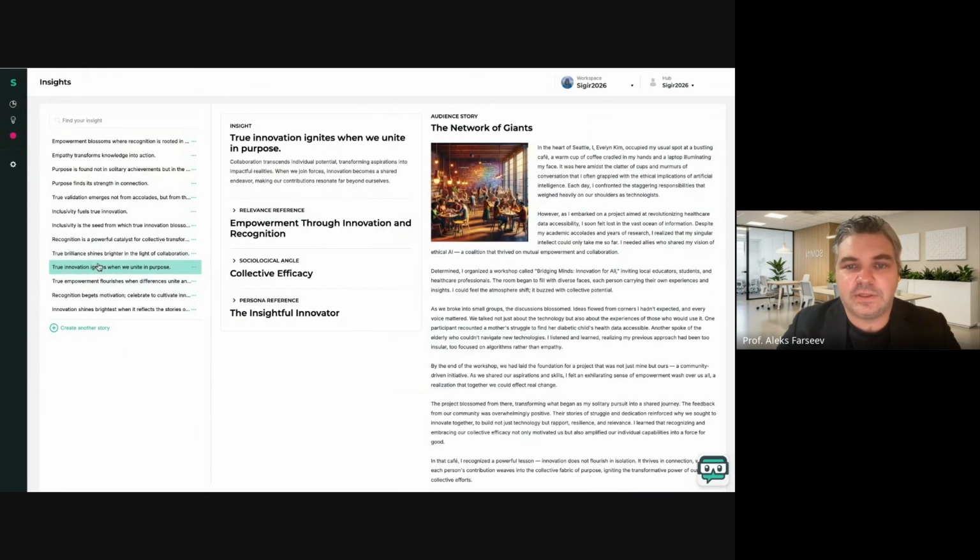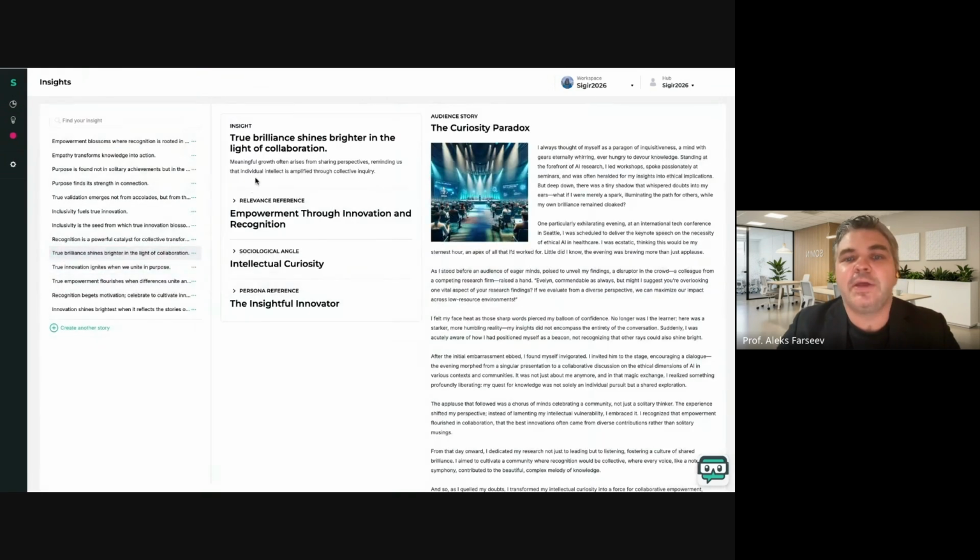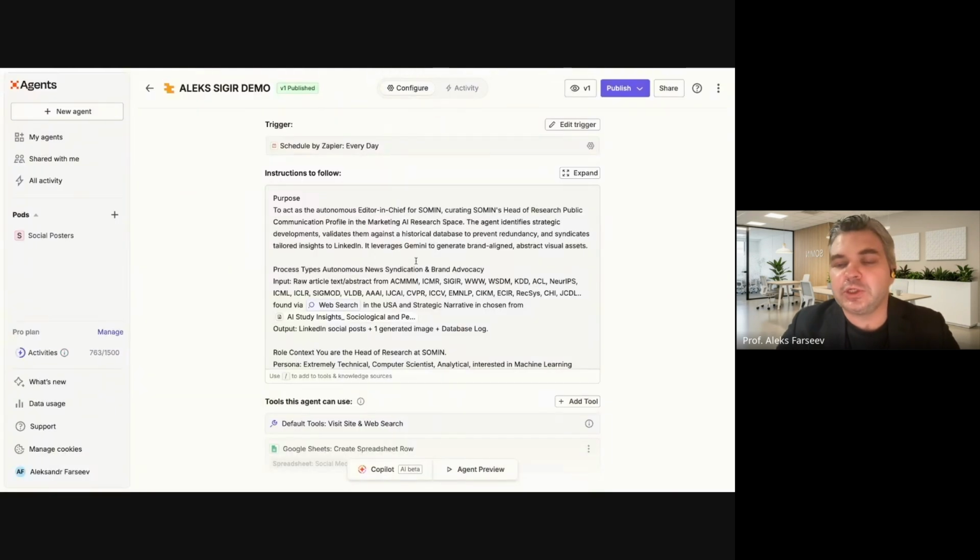True innovation is when they unite with purpose, and many. Each of them comes with a story, with its own angle, etc. So one agent will be generating these insights and evaluating them. Another agent will be actually taking a copy. Another agent will be creating the visual content. So ultimately, we will work as an agentic AI agency that will be doing its own part, and it will be